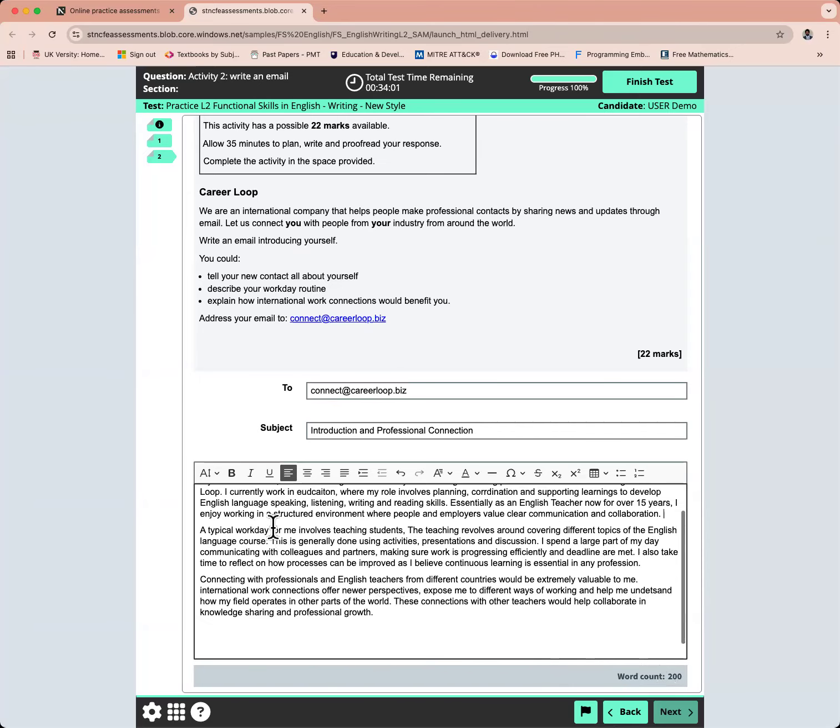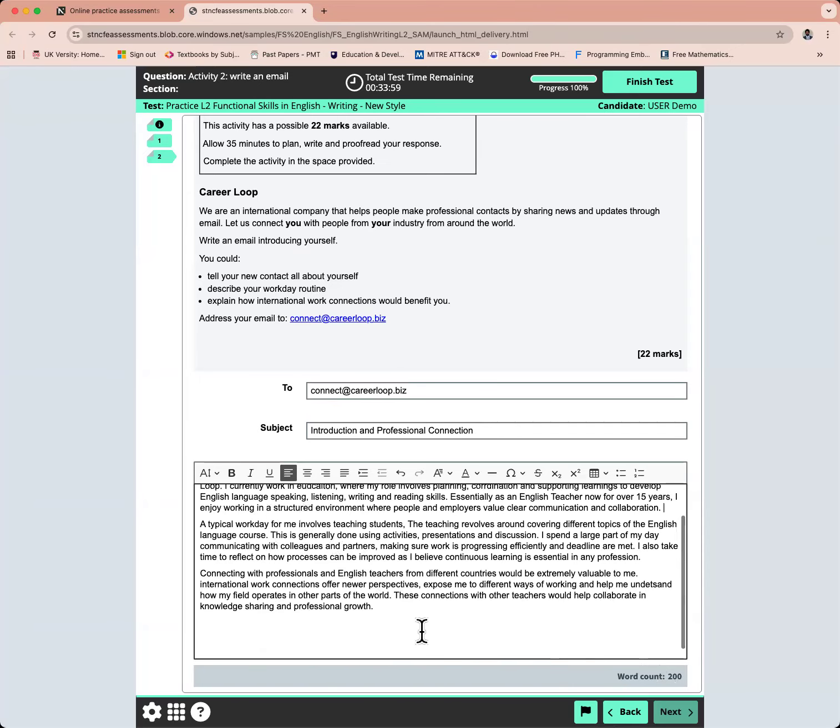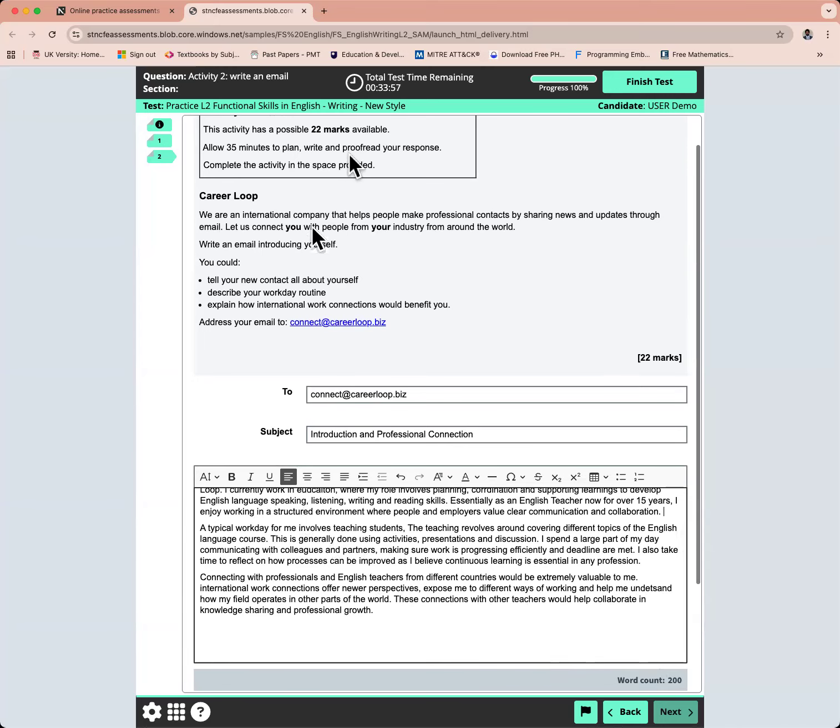And then what I would do is look at a bit of formatting so it flows well. And I'm looking at the time as well. I've got 33 minutes. What I would do is bring this to an end and look forward to connecting with professionals through Career Loop, and expanding my network. Now, because this is an email, I would write either kind regards, or you can